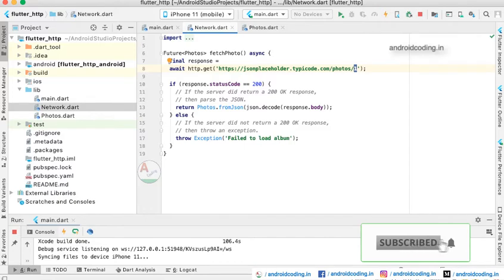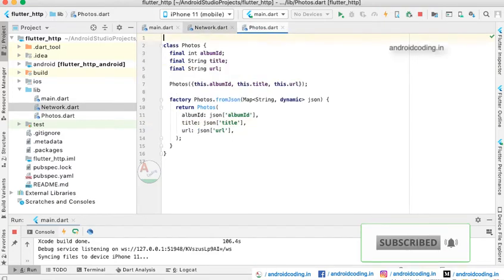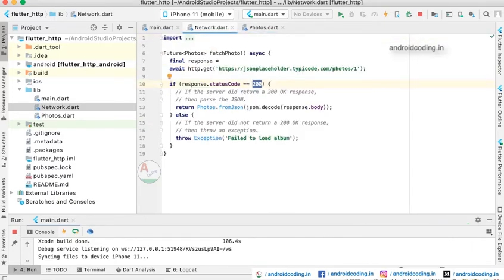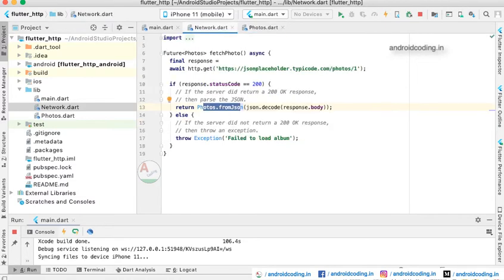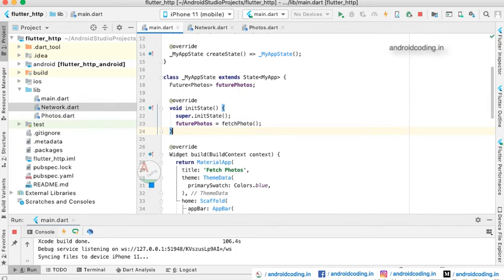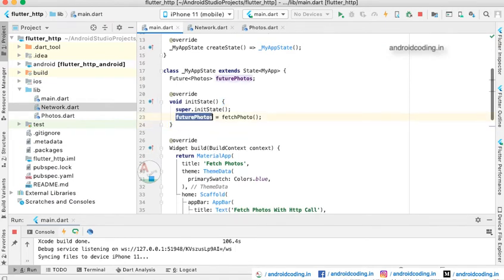If the response is a success, here you can see photos from JSON. Inside from JSON, we will be parsing the API according to the key values, and we will be returning it.